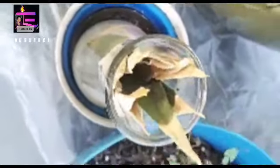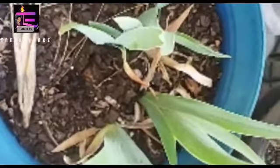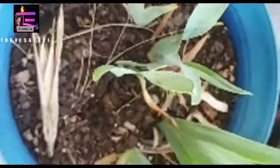Okay, there we go. This one here, I'm not sure what kind of plant it is. A friend of mine gave it to me several years ago, so I transplant a piece of it into this pot. All right, I have another pineapple